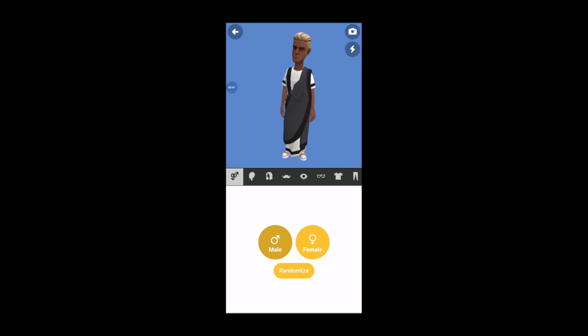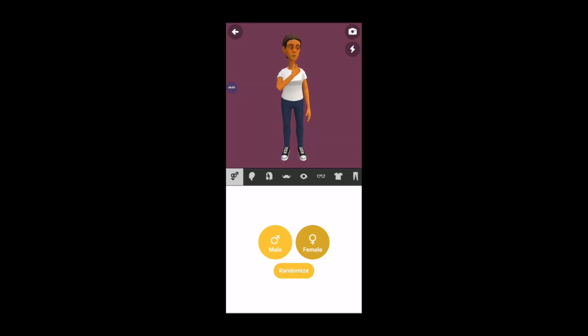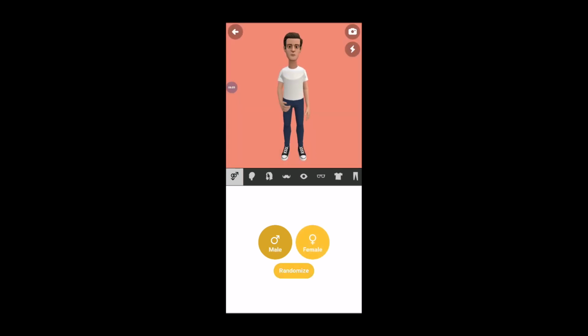Here we can select whether the character is male or female. I would like to create a male character. So click on male. Already the male is appearing. If you want female, click female, it will change automatically. I had selected a male character.